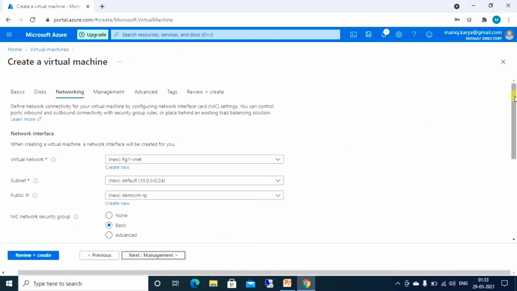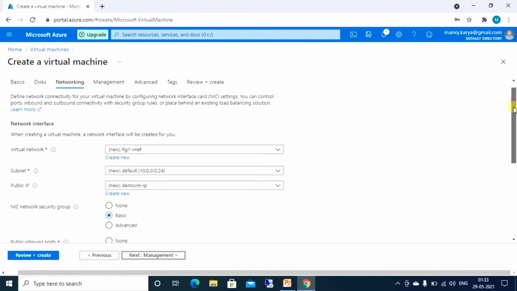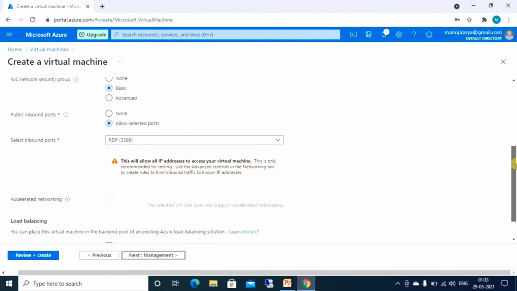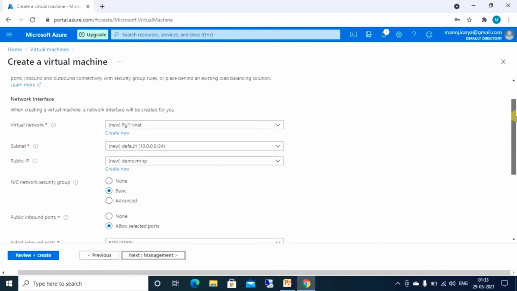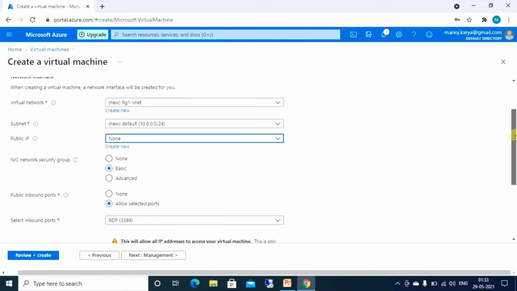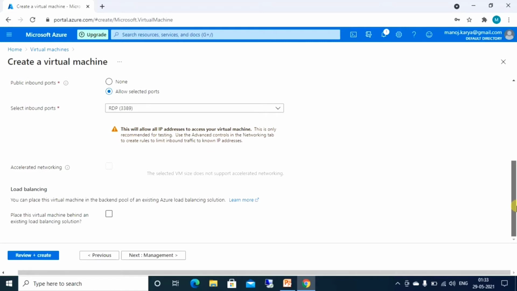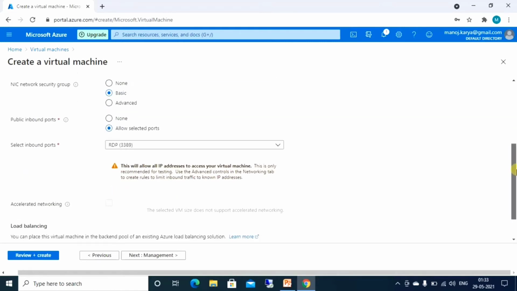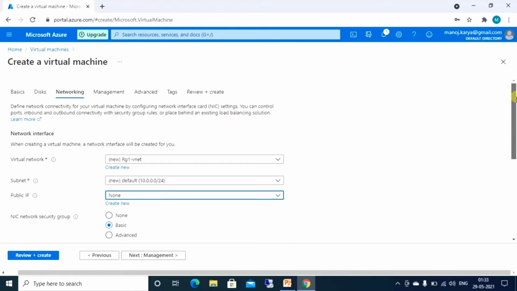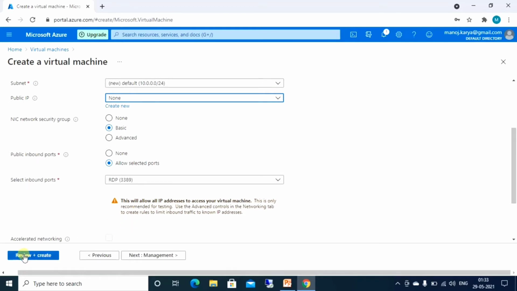Go to networking. It is creating the virtual network by default also. And here I am not exposing the public IP. I am taking the option as none because we are not going to connect to the VM through RDP. We are not allowing this. So I think this is fine. Now let me click on review and create.